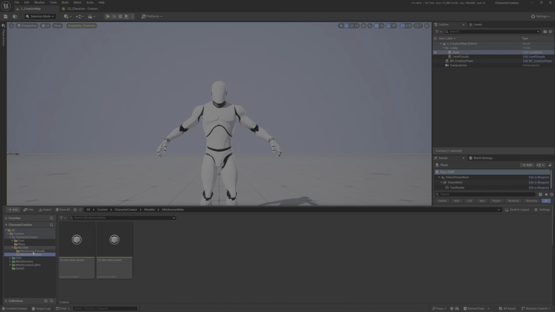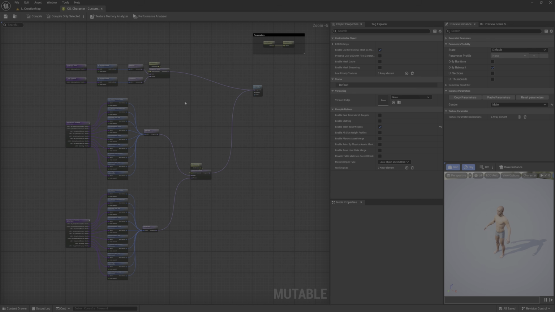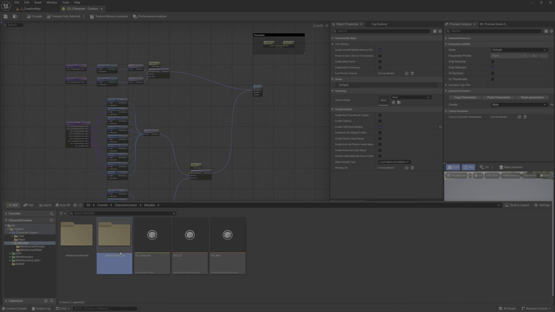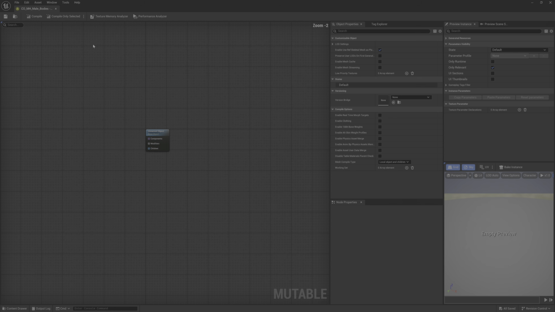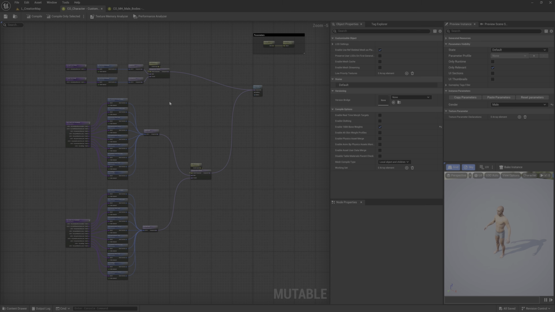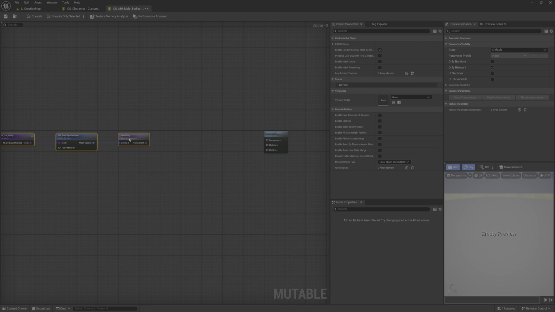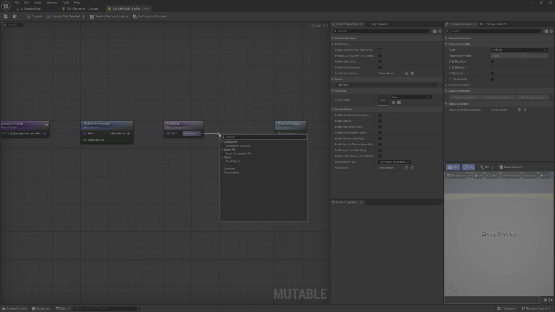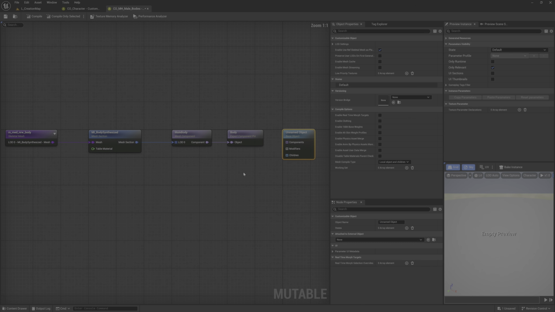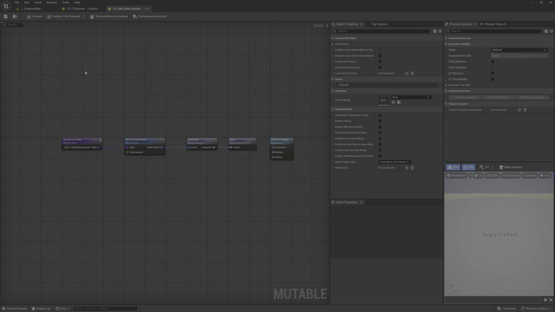Okay, and now we need to add all this code there. So let's start with the male. I will open the body here and let's do some stuff. Okay, here select all this, Control C, go to my bodies, Control V, and here we will export component pin, and the name will be body. Don't change anything here.